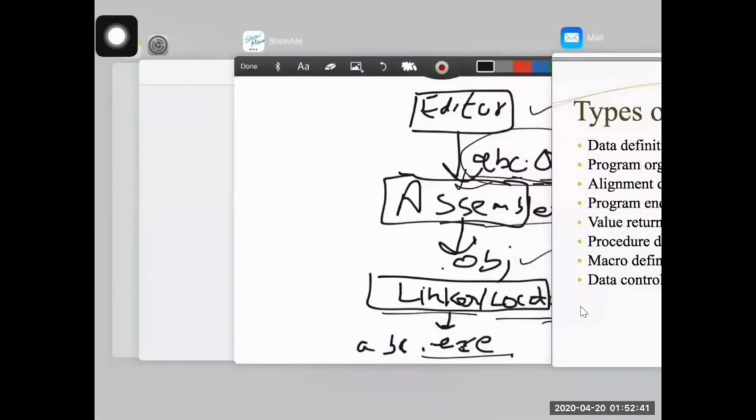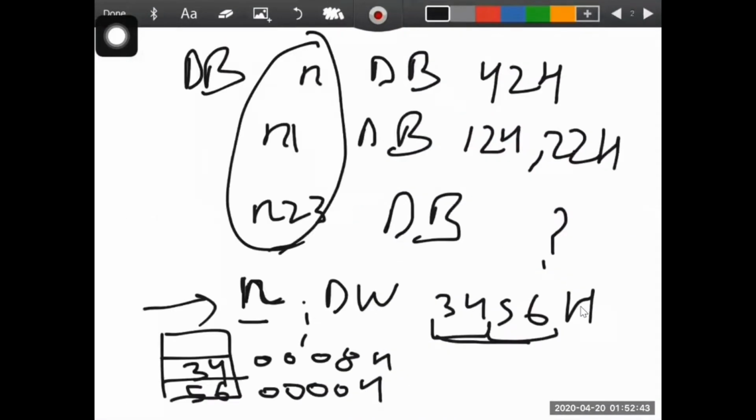Let's use the whiteboard. Sorry for the bad handwriting. So here we'll discuss various types of data definition and storage allocations.